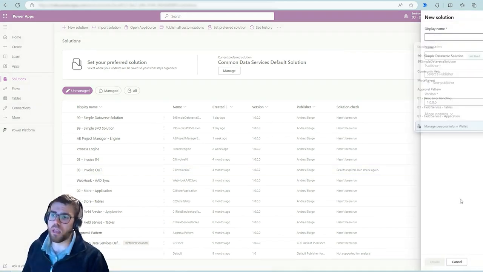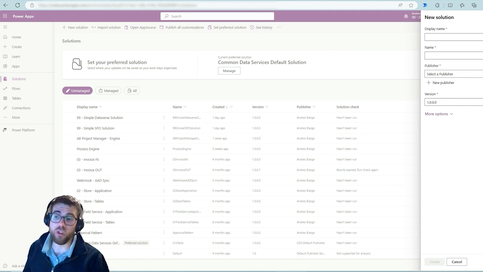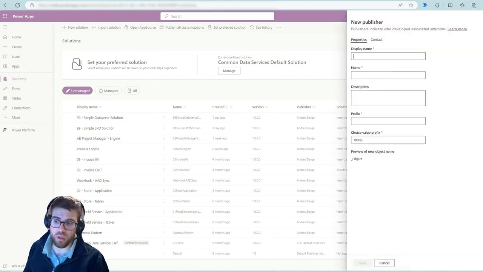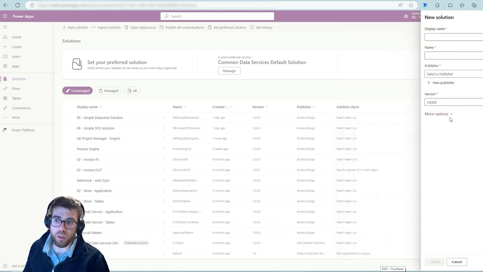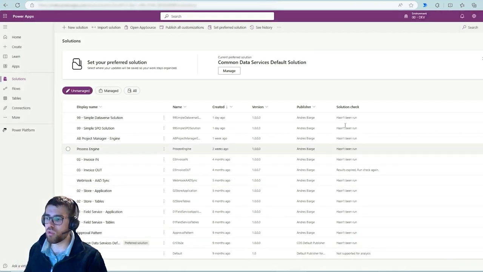Just pick a name, then select a publisher. Publisher is who is developing this solution. I have my own publisher here. You can create your own here, basically fill in this form, and this is information that's going to travel with the folder. So it's going to be, let's say, the author of the folder, some metadata that's going to live within the folder. It doesn't have any other effect,